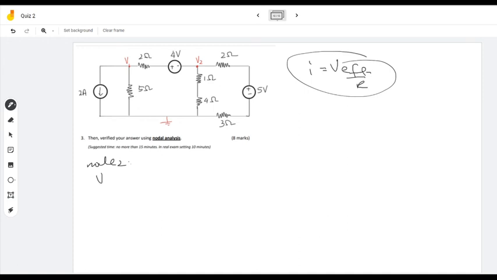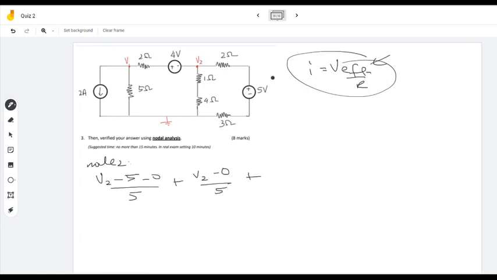Okay, so it will be V2 minus 5 over the resistors connected in series. In fact, if I want to do this, it's actually V2 minus positive 5 minus 0 if you really want to understand the concept of V effective. And I'm just going to put it down for you to understand that. Over the resistor 5 plus, now I'm down here, plus V2 minus 0 over 5 plus